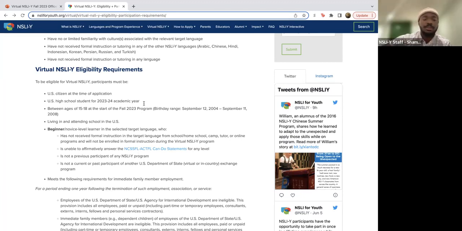Yeah. We have a student with 2 questions. Someone previously applied to the overseas program but was not accepted, and they're asking, will their previous application be considered for this upcoming application? No, for us in Virtual NSLI-Y, we will not look at your previous application for the overseas program. You'll come in as a blank slate for us for the most part. We will not look at that in consideration for this application.